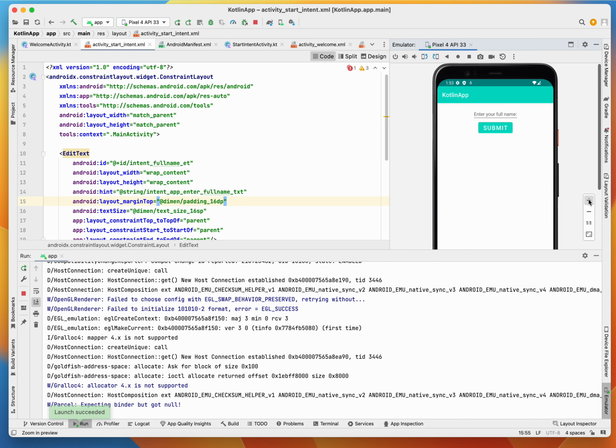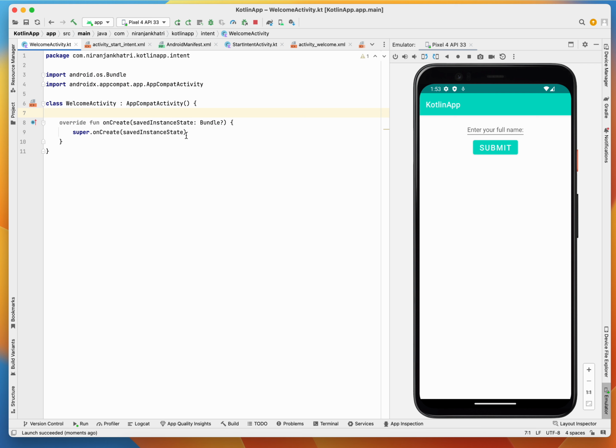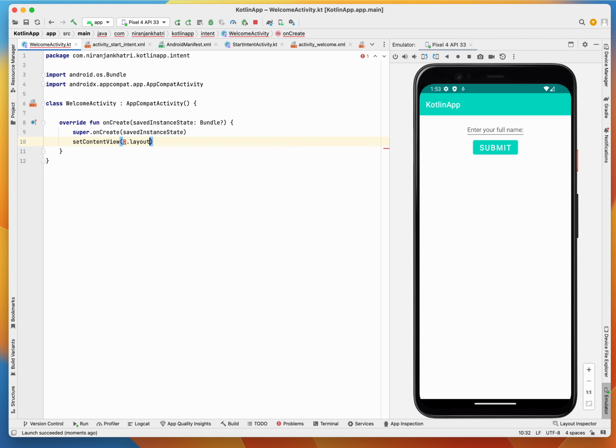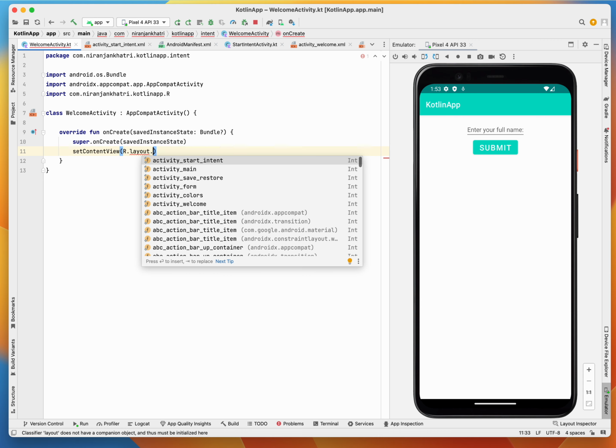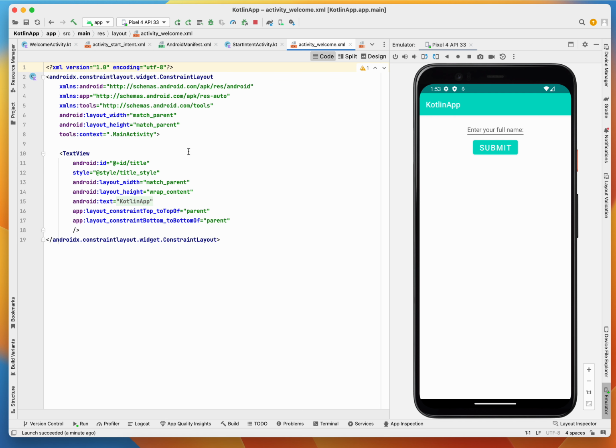Okay, finally we have this application, which is pretty much enter your full name and submit it, right? Now what we need to do is use our explicit intent and start another activity, which is called welcome activity. So let's also set up our welcome activity, the content view and layout. We also have to create our welcome activity,